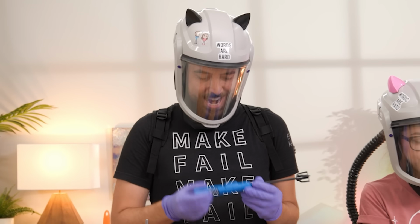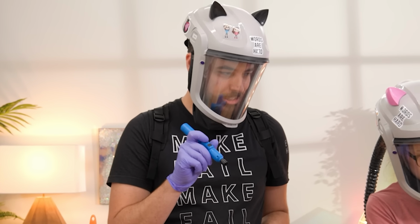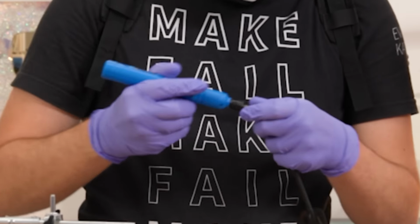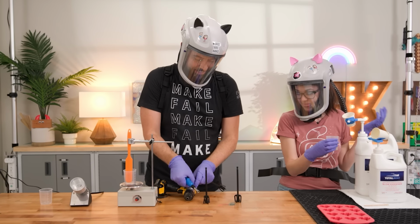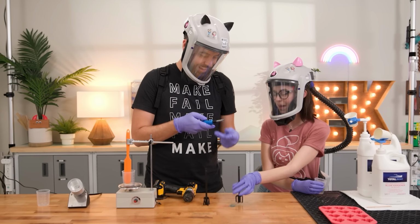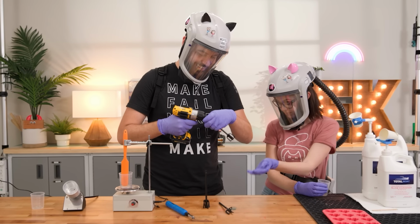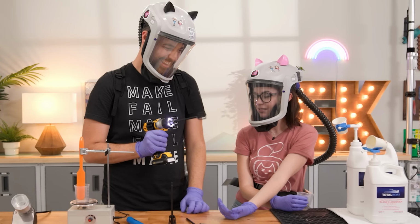All right, so I have a theory. Okay. I think this is actually a screwdriver. Because look at this. It uses the same bits as a screwdriver. Well, and they sell paddles you can just add to your screwdriver. Like we've done that. Yeah, we've done that before. Now